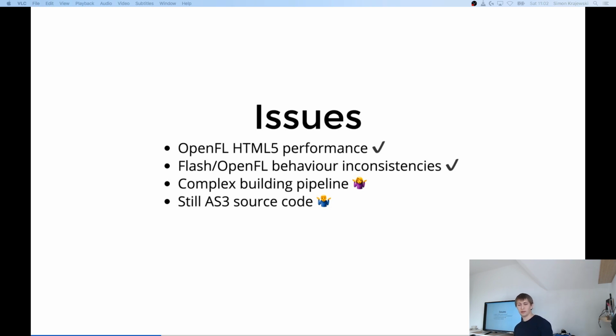But still there are issues with the building pipeline, which was quite complex with all the preparation steps, and then AS3HX converting, and even the library installation, all these things, and that's what I am trying to simplify. And of course one of the biggest issues is that we are still developing with the ActionScript toolkit and in the ActionScript language, which is not super nice because Haxe is so much better, especially with all the latest features that we have. So we decided to